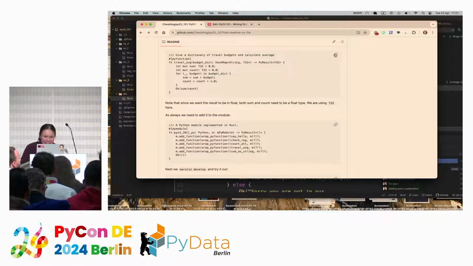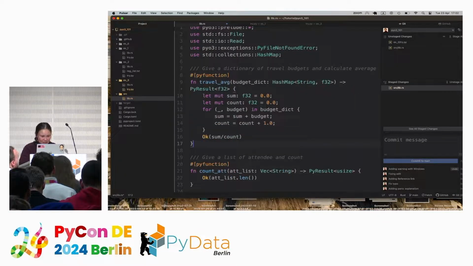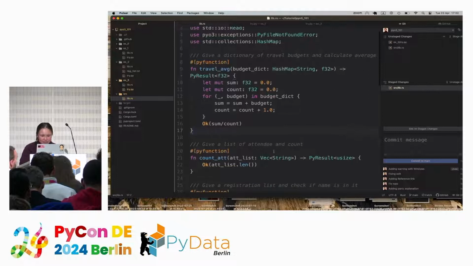so let's do this hash map thing. I'm going to put it here. Again, I'm not going to live code because I made tons of mistakes. I'm just going to copy and paste. So you see, now we want to do a more mathematical thing, like find the average. So it won't be an integer. It will be a